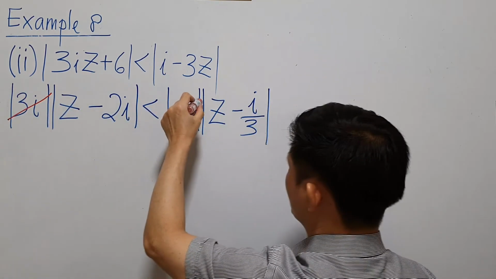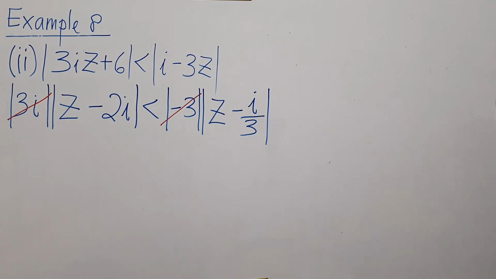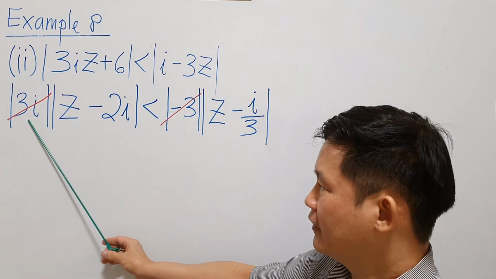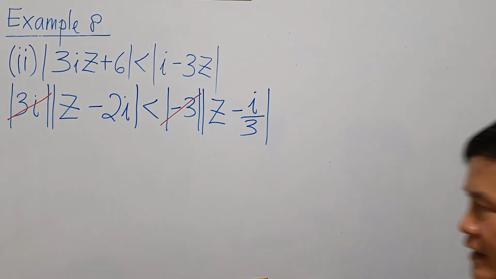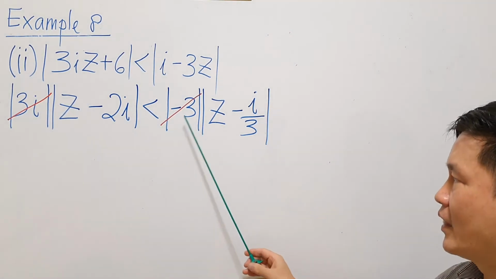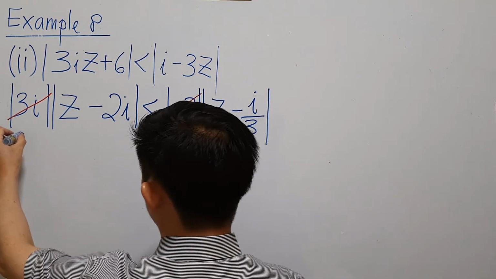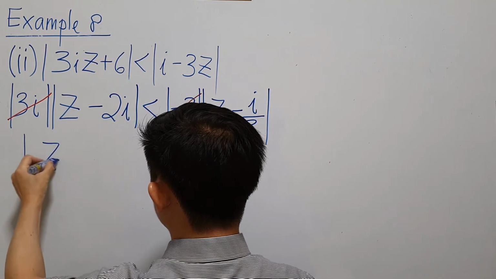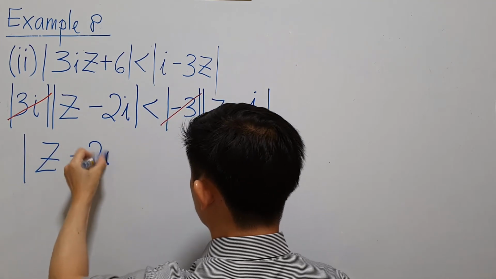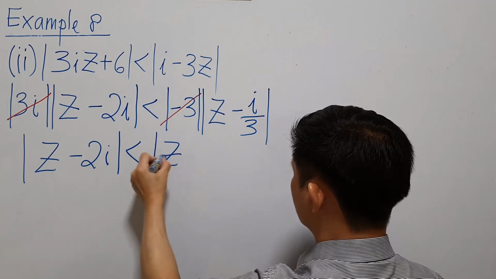This and this are equal. Why is that so? It's because the modulus of 3i is simply 3, and of course the modulus of minus 3 is also 3. So we are left with this inequality: the modulus of z minus 2i is lesser than the modulus of